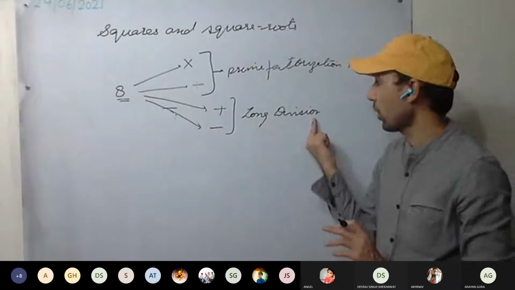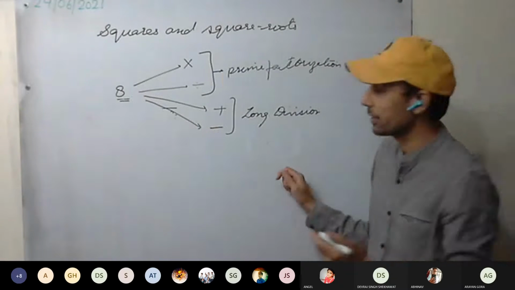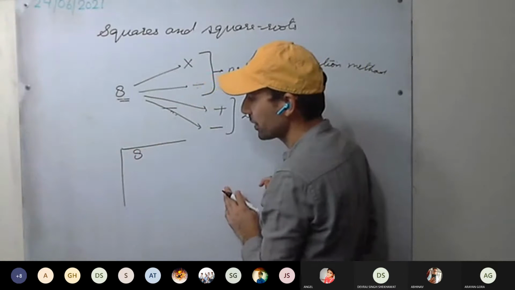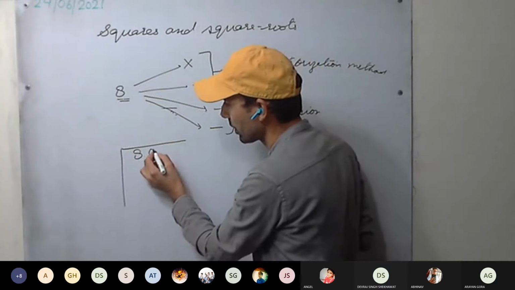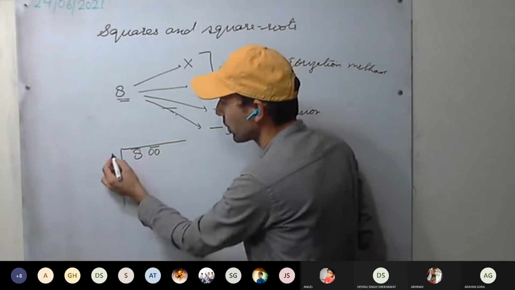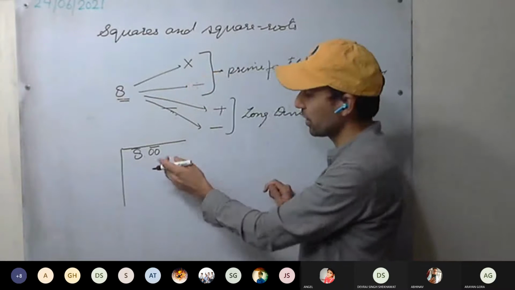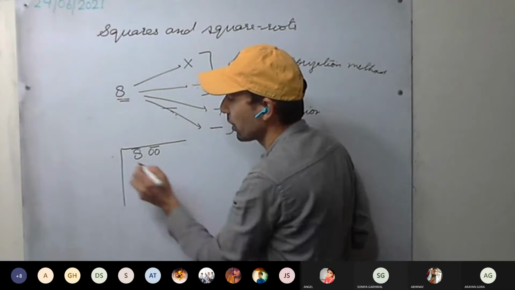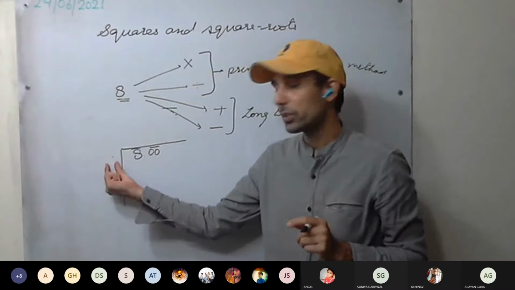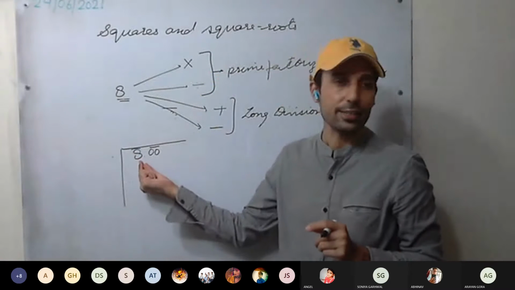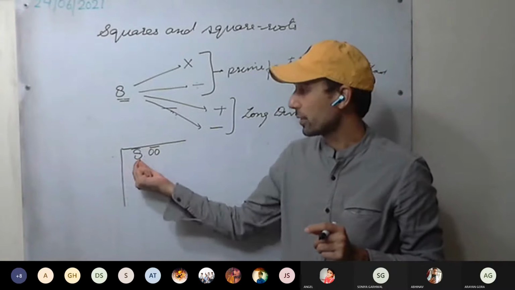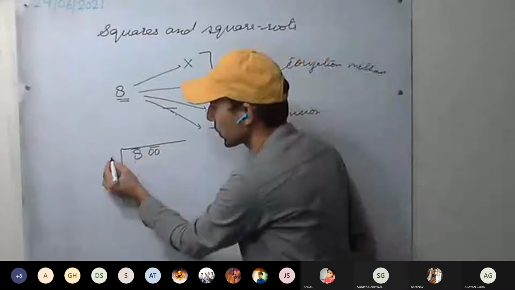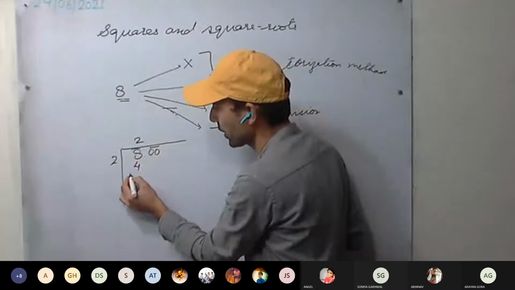Okay. So how will we use the long division method, and how did we do the long division method? Like this or not? Okay, we may not require it. If we require, we will add the figures. So, first, what will come? A number whose square is just less than 8. 2 square is 4. 3 square is what? 9. So we will take 2. Here we will get 4.